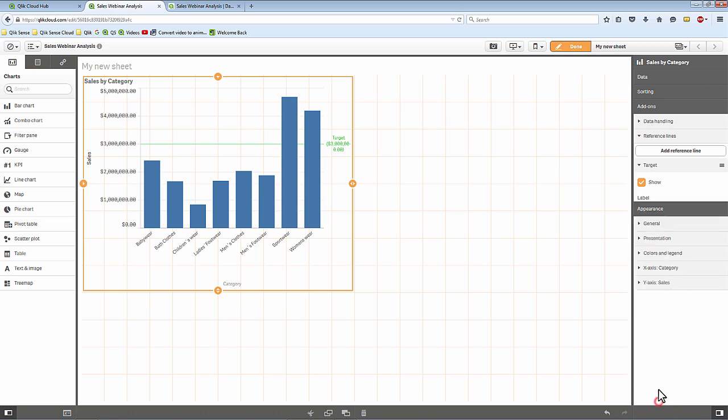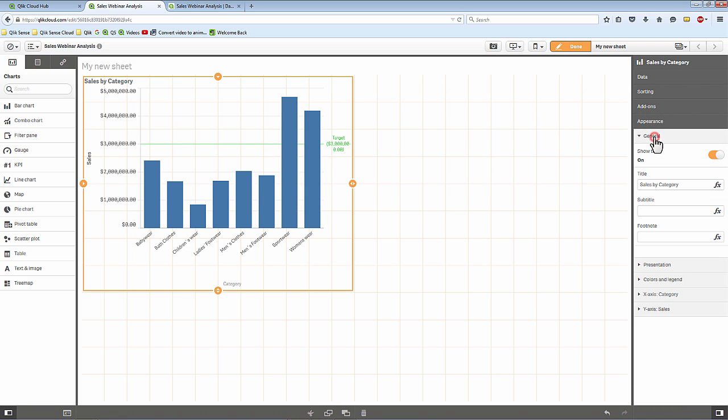Let's go back to our chart object. Let's make some appearance properties. Here we can add subtitles, footnotes. Maybe we'll use some color intelligence and make a color scheme or gradient for the particular bar colors. In this case, the larger bar is indicating the higher number of sales. When I put on some color intelligence, I'm going to make the darker color indicate a higher number of products sold. So maybe I'll put in a title here that says darker color shows higher number of products sold.